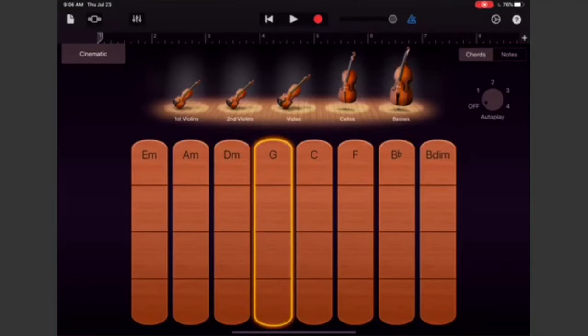Fun, right? So in the Media Lab, this is one of the workshops we do, and it's a lot more fun when you have a whole class of people with you so that everybody can hear at the same time. What I usually do, as a nice warm-up activity to introduce students to GarageBand, is break the room up into sections because you see your instruments at the top: first violins, second violins, violas, cellos, and basses. You can divide the group into sections and they can silence by tapping to take the spotlight away. Now only the first violins will play.